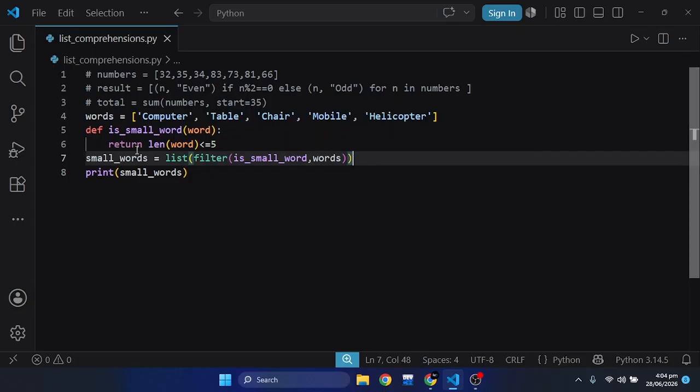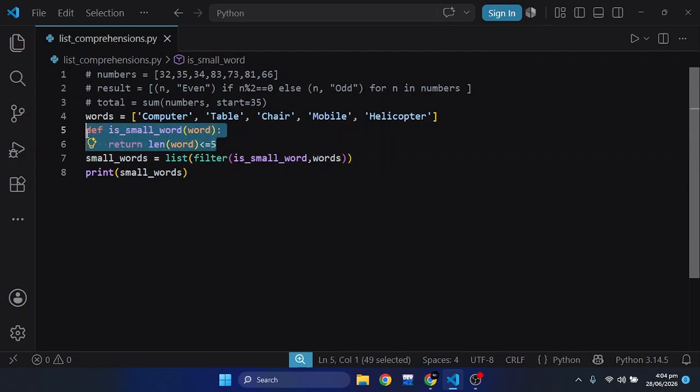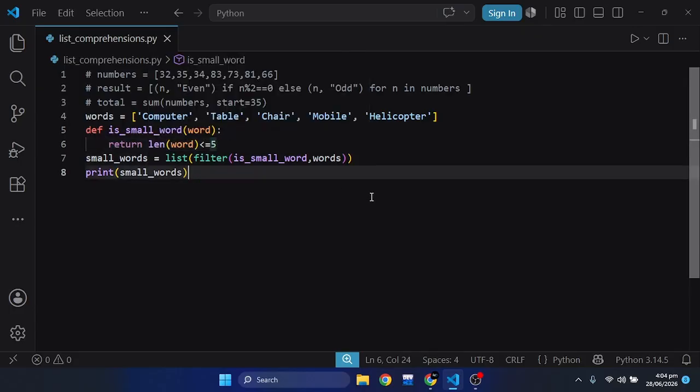Okay, so let me explain this. So we have a function which takes a variable which takes a value and checks whether the value has a length less than or equal to 5, and then returns a boolean value which is true or false, because this is a condition. Based on this condition it returns a boolean value, and then that boolean value is returned to